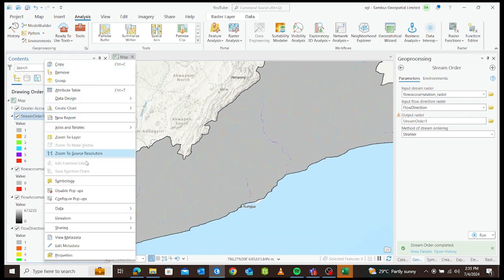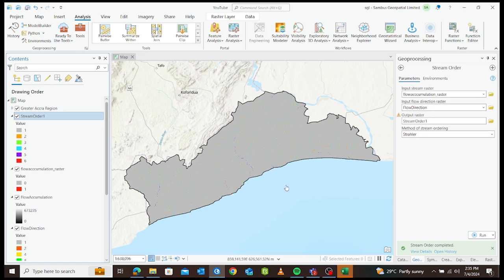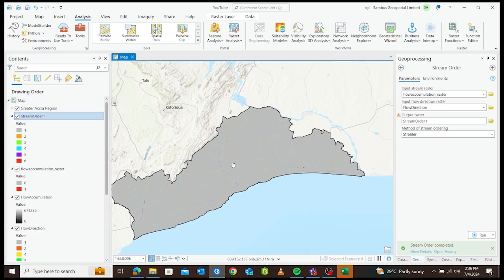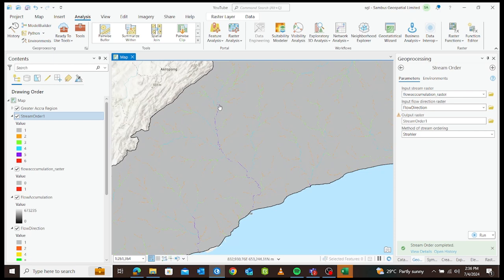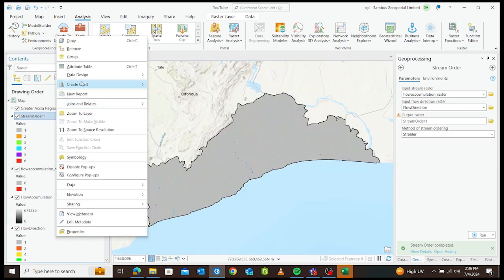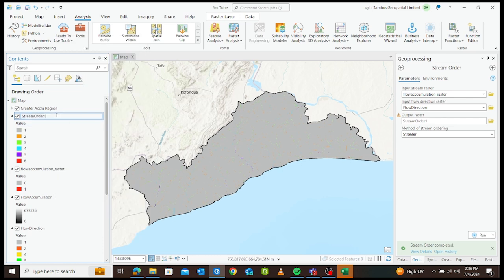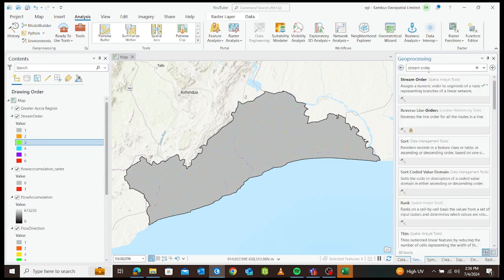So I'll zoom back to layer, and then now we can change this raster layer into a feature layer, and then calculate our Euclidean distance or proximity to stream channels. So these are significant stream channels. Supposing these areas flood, which areas would be most affected per the stream channels we've just generated. So I'll zoom back to layer again. Okay, I made the stream order 1, so I'll just remove that and maintain this. Now I'll go back and then